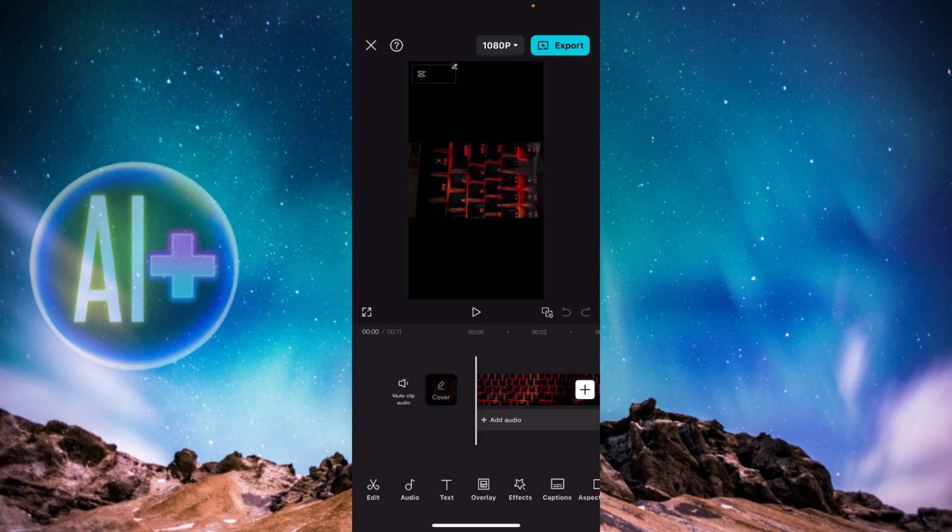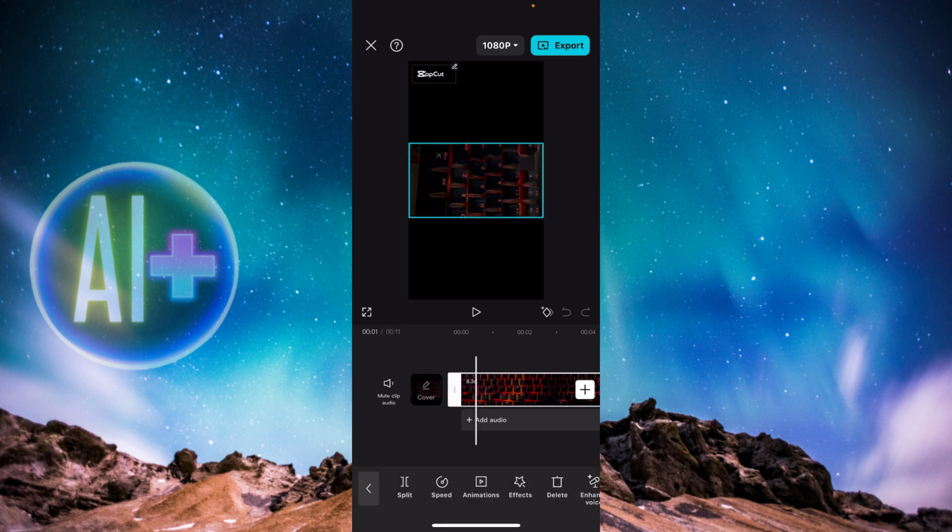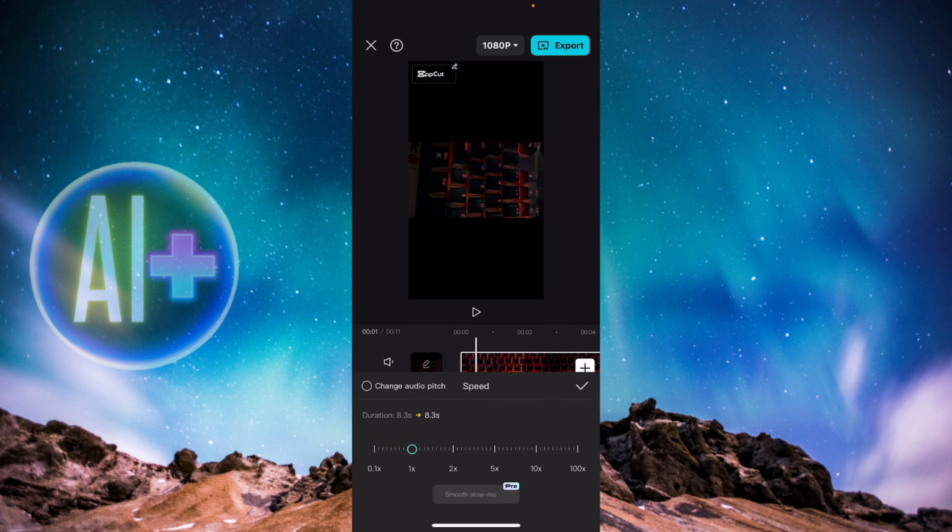just tap on the video on your timeline right over here, and you'll see the second option called speed. Right next to split, you'll see speed. You just need to press on that, and then you'll see three options: normal, curve, velocity. So you just go ahead and press on the option of normal, and then increase it to whatever you'd like, like 2x, 5x, or maybe even 100x, and it would basically turn it